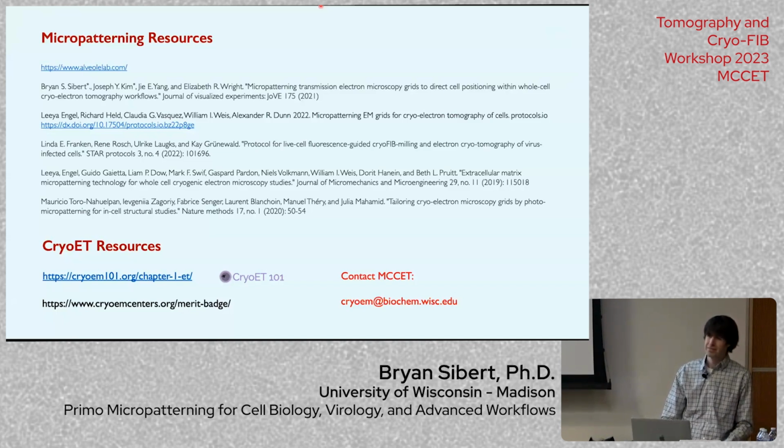I had two questions. The first was, when you're not using the PRIMO micropatterning, why do you glow discharge before incubation overnight? I'm just wondering if the hydrophilicity would wear off by the morning. The second question was, how much of an issue is contamination practically? I'm guessing you can't UV sterilize these cells after you did the PRIMO, otherwise that would obliterate your pattern. Yeah, so the first question,